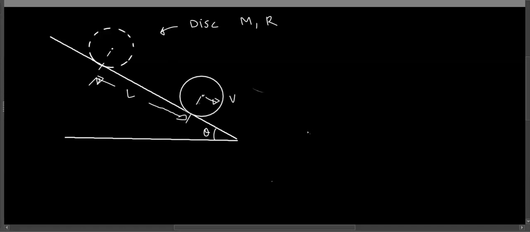Sometimes they say it reaches the bottom and then the incline is given. So we are trying to find the velocity of center of mass. Now here, the initial velocity is 0 anyway. The acceleration we obtained, the acceleration of center of mass is 2/3 g sin theta. Now if you're only paying attention to the center of mass, it's just particle kinematics. So we can just use v square minus u square is equal to 2as.